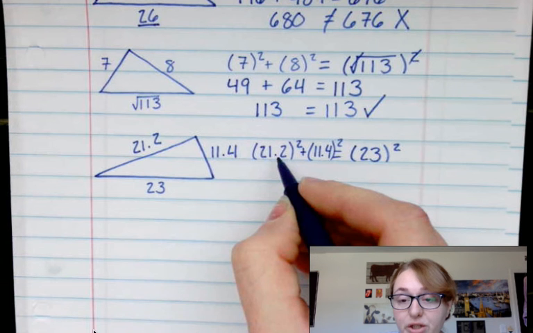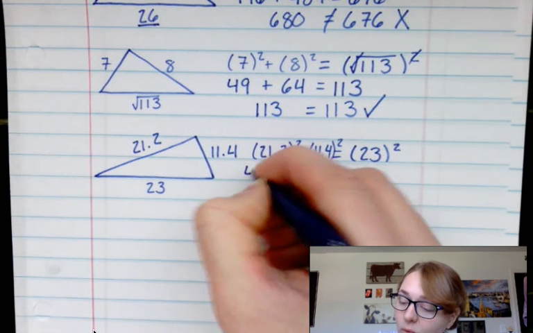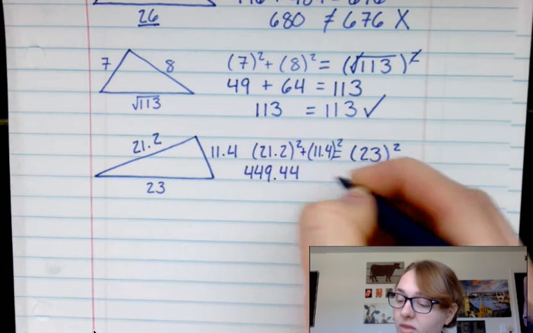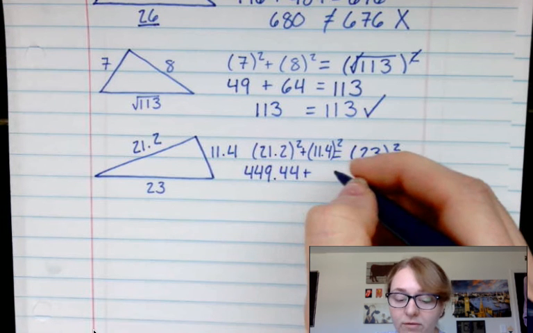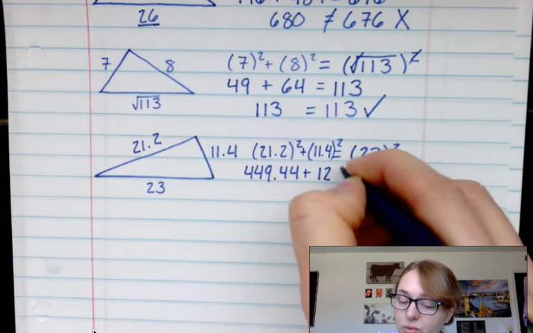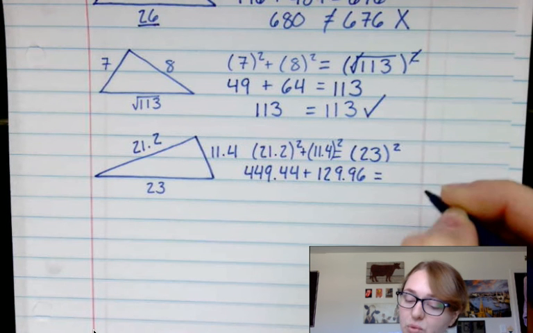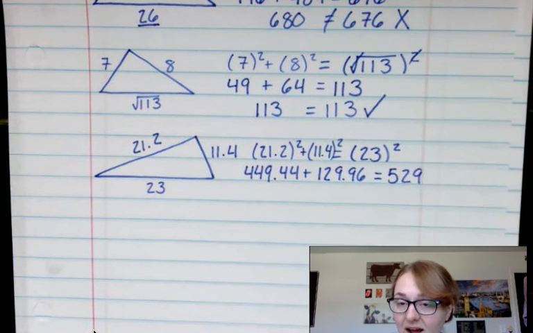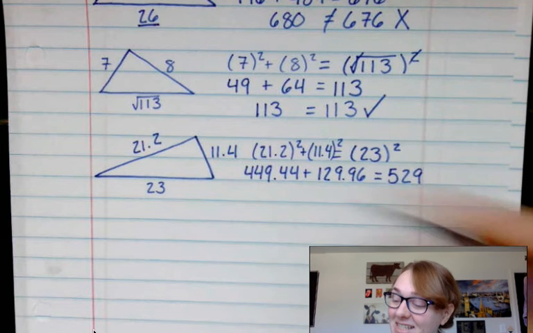that 21.2 times 21.2, or 21.2 squared, gives us 449.44. And that 11.4 times 11.4, or 11.4 squared, gives us 129.96. And that 23 squared gives us 529. When we add together 449.44 and 129.96, we get